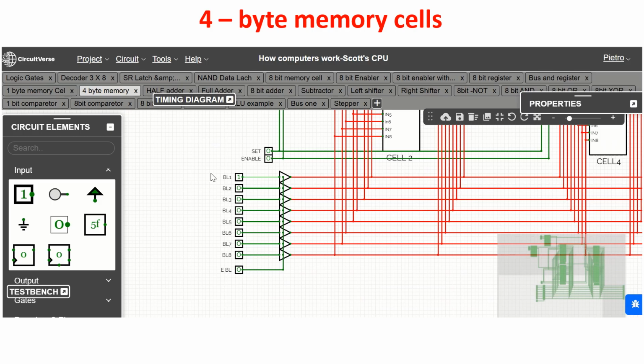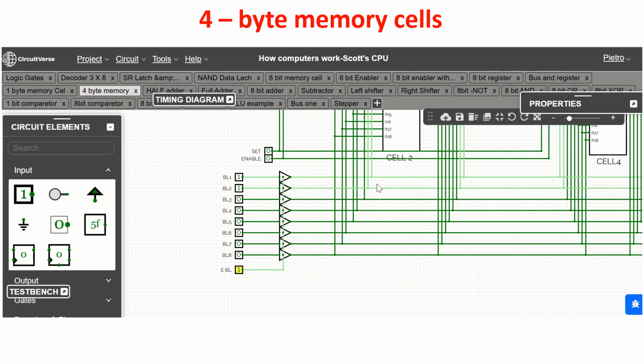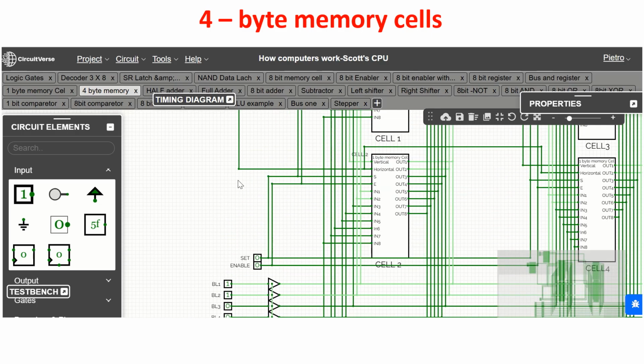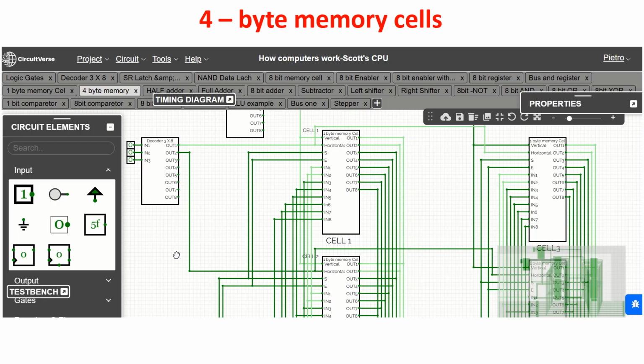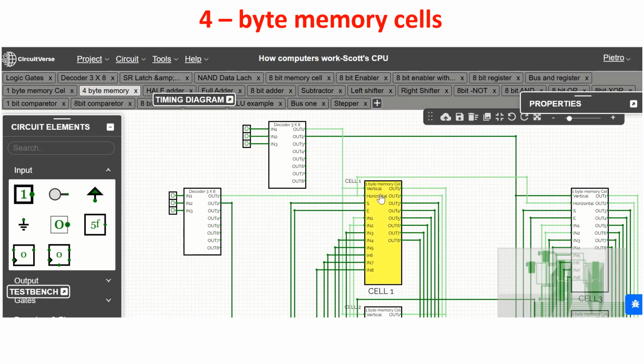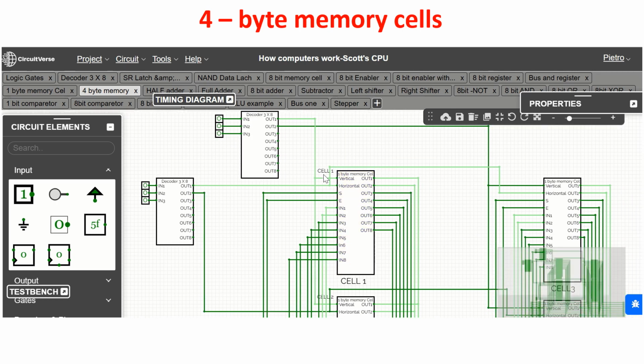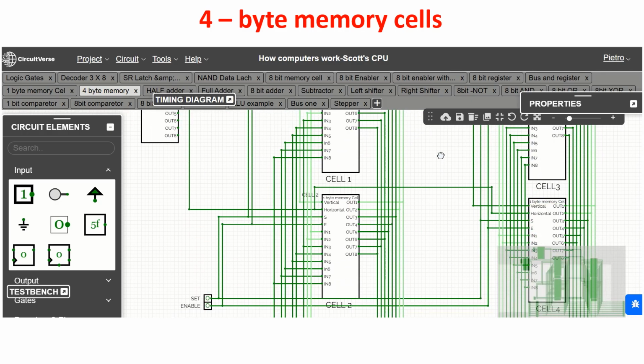So we start putting, for example, the number 3. We put the number 3 on the bus. We select, for example, in this way we have selected the cell 1, because you see is activated both the vertical and the horizontal line of the cell 1. So we have selected this register. So we write this value on this first register. So we give a set pulse,